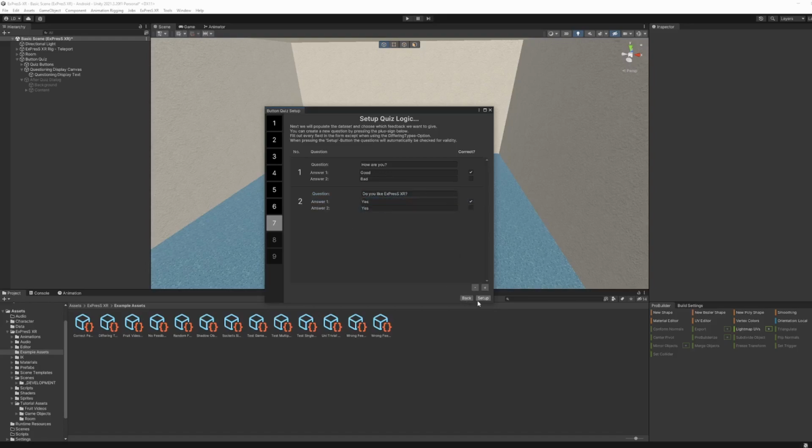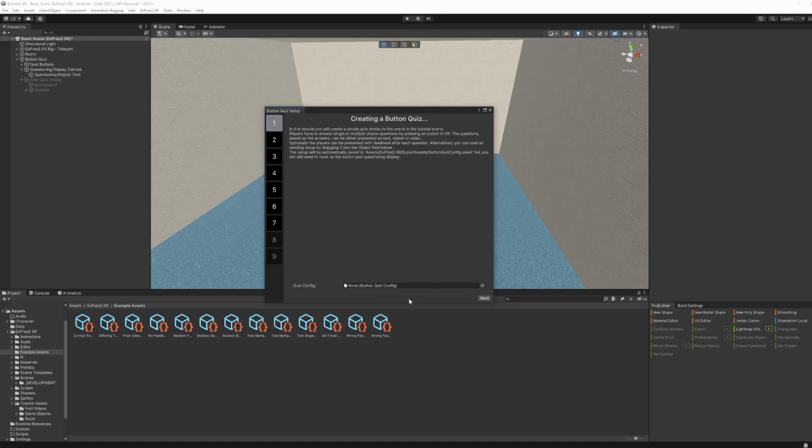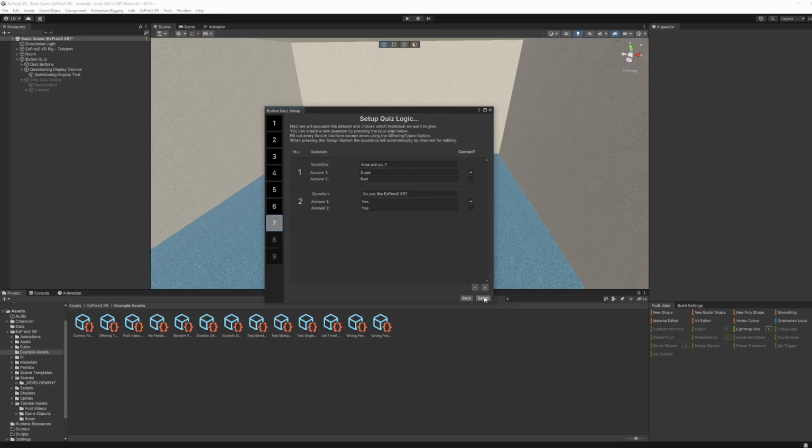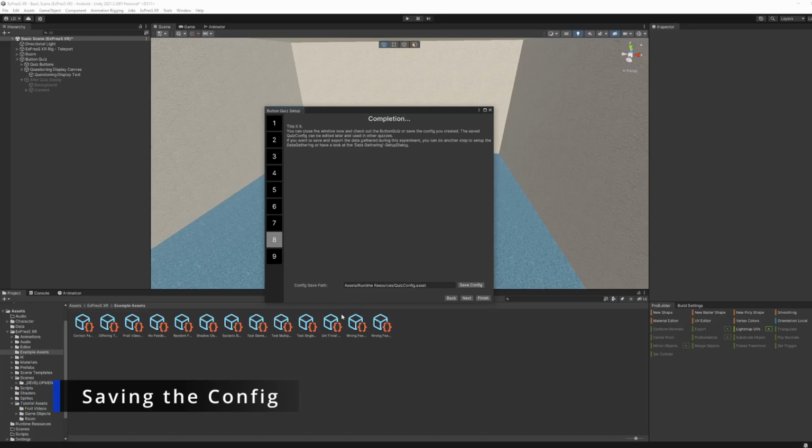Like that. And then we can continue when we have all our questions set up. As I said in the beginning, if we want to add more questions later, we can do that by reopening the button quiz and then selecting the button quiz config, which we will be creating right now when we click setup, to save the button quiz config to our assets by specifying a path and a name for it and